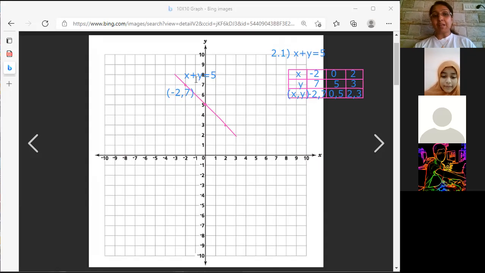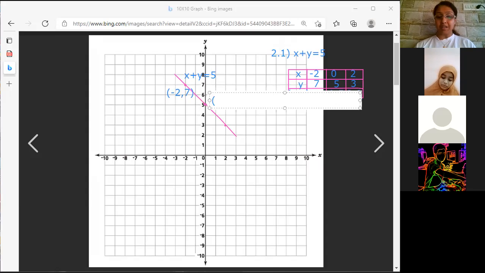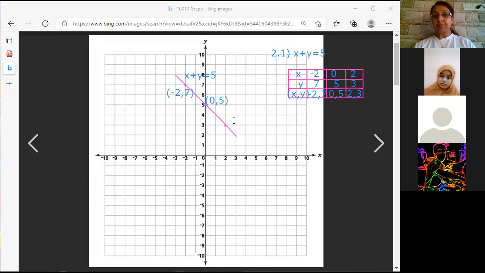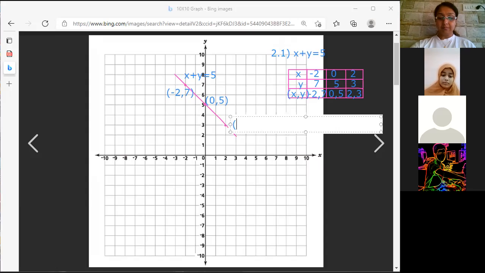If I don't see the name of the line, that means if I don't see the equation on the line in your Cartesian plane, or if I don't see the coordinates written, then you are going to lose marks. Do you get it? I hope I have made myself very, very clear.